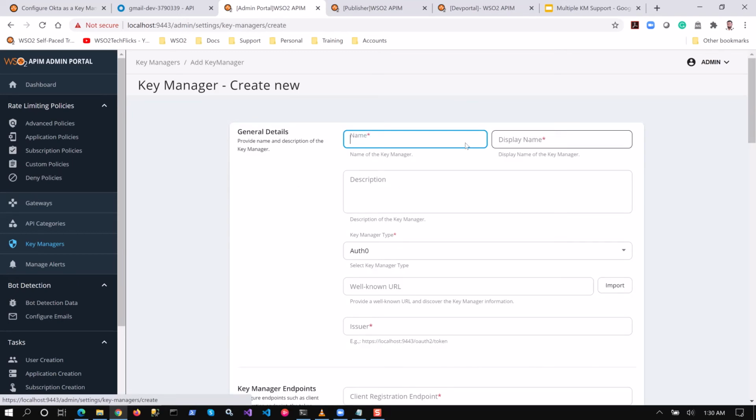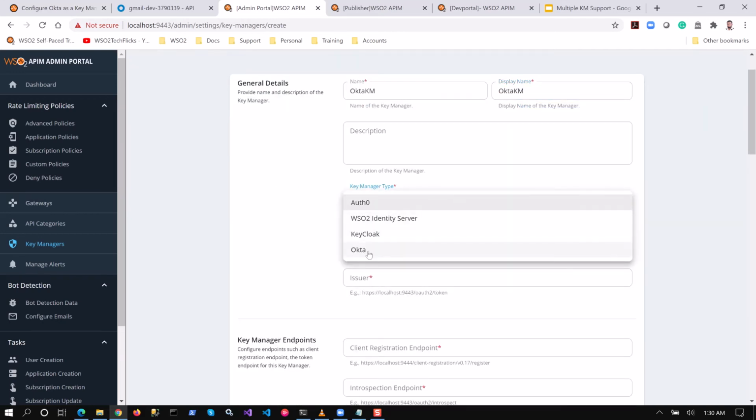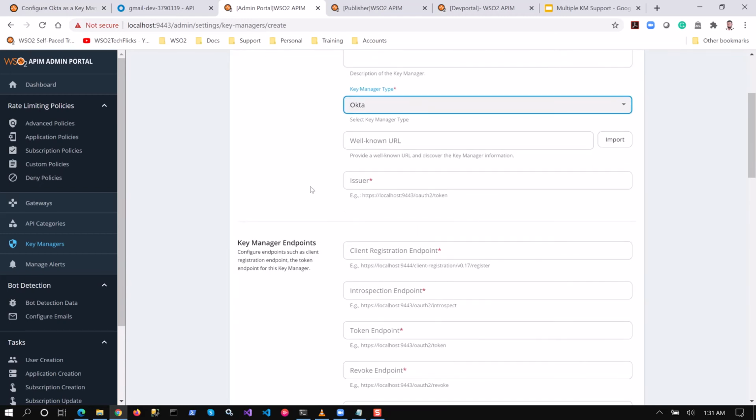You can click the Add Key Manager option and provide a name and a display name as well. Provide an optional description if you wish, and then you can select the key manager type. Here you have Auth0, WSO2 Identity Server, Keycloak and Okta. So let me select Okta here.